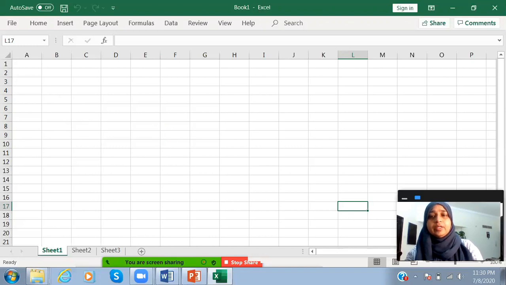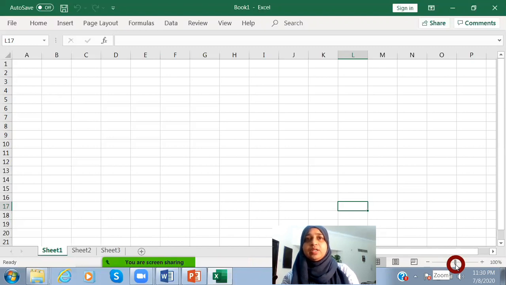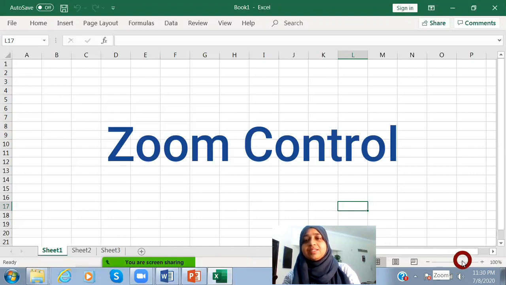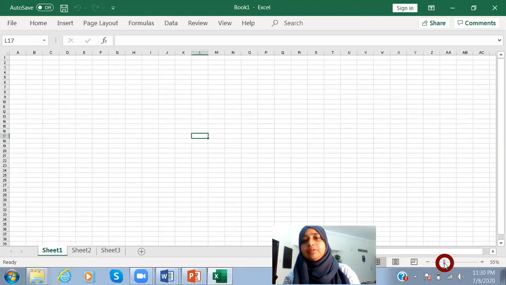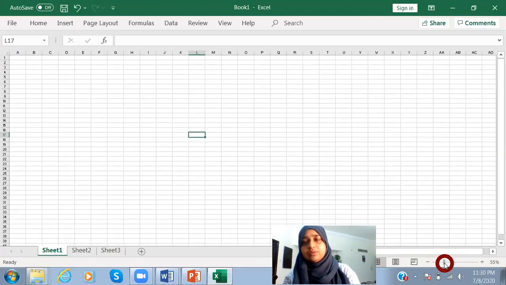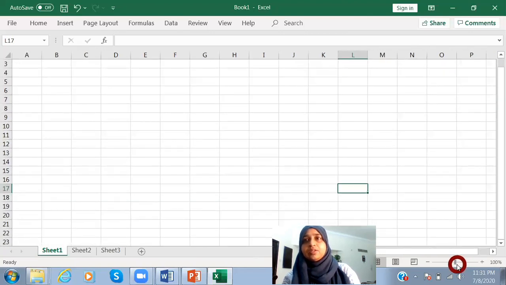So now here you can see the zoom in and zoom out button, right? This we call the zoom controller. Okay, so normally it is a slider. It helps you to zoom in and zoom out the document. Means you can slide left or right. So you can see here, on the left, and here you can see the cells bigger, right? Using this plus symbol or this minus symbol, you can zoom in and zoom out the document. Okay, so mainly this is to increase or decrease the zoom factor.